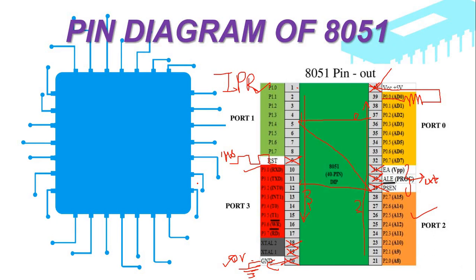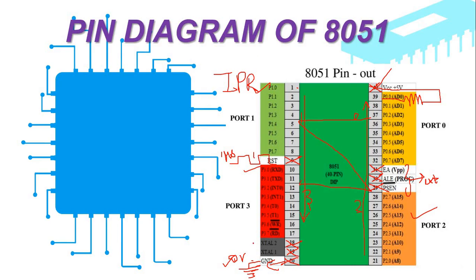Okay, high state means producing clock pulses. That is, it should be 1. For at least 2 machine cycles, this reset pin should be 1, in a high active state. Why do we need to reset? In our mobile phones we have refreshing options, and in every computer we have a reset pin or refresh pin. What is the use of that refresh pin? To avoid breaking or hanging, we use that. Similarly, this reset pin is also used in 8051 to avoid interruptions.